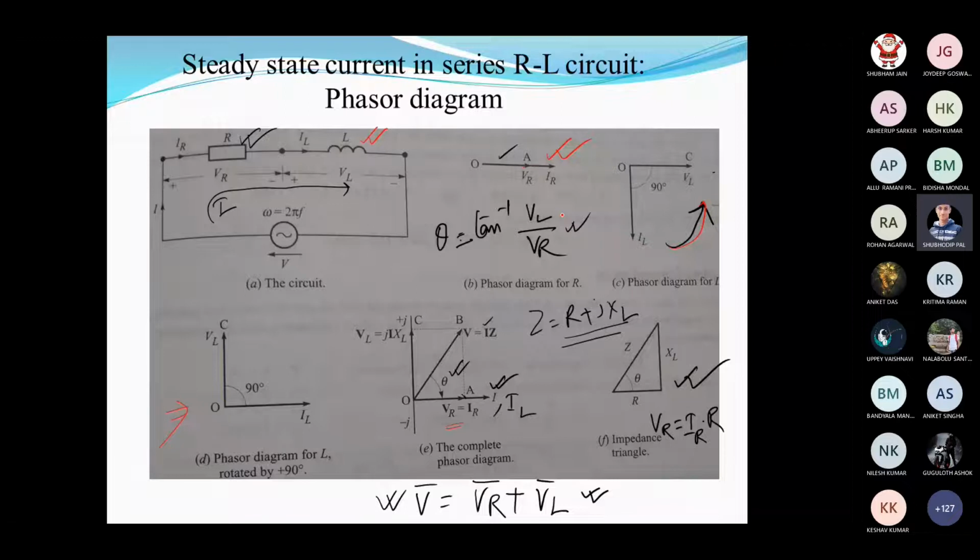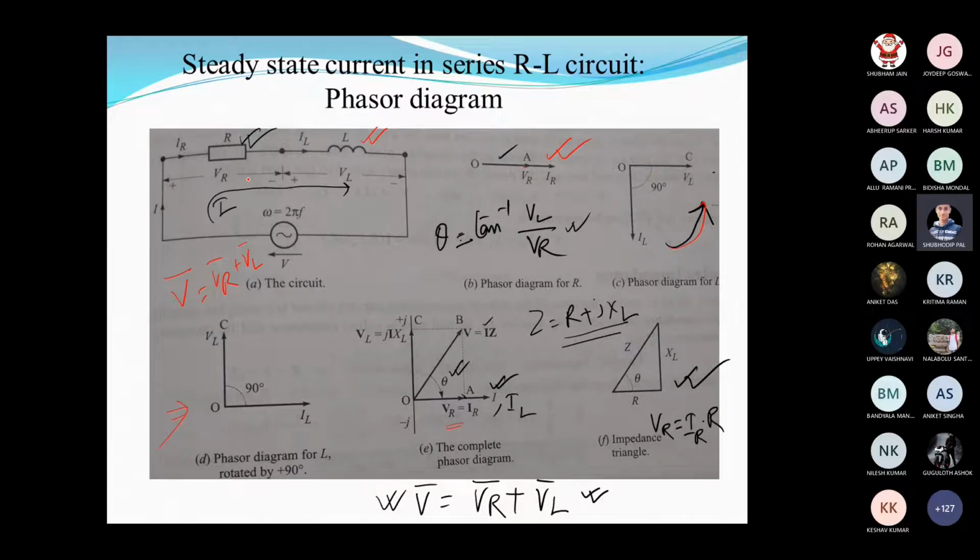In case of an AC circuit, if you don't give the right sign, then it is not correct. The phasor sum of the voltage drop across the resistor and the voltage drop across the inductor will be equal to the source voltage. Now, what will be the angle? The phase difference is not exactly 90 degrees or zero, since resistance is also there. So it will be between 0 and 90 degrees, positive or negative, depending on the capacitor or inductor.